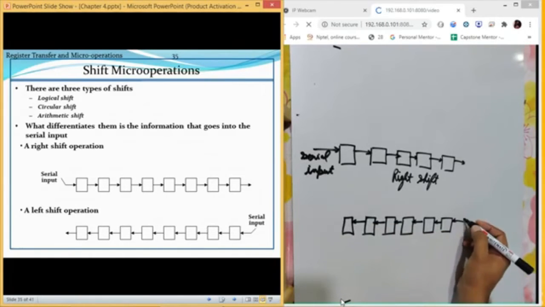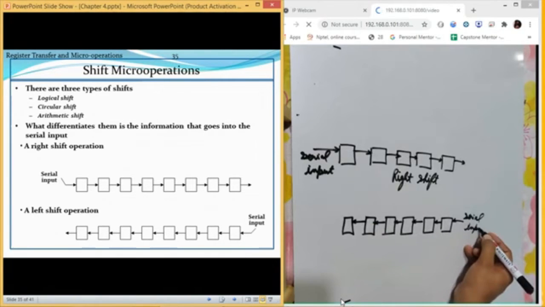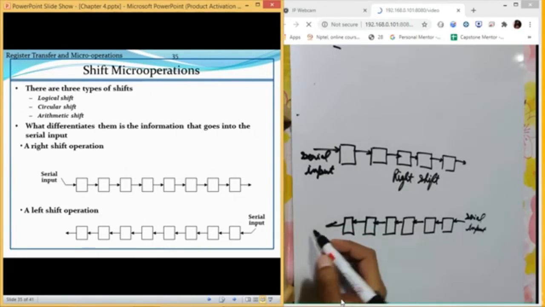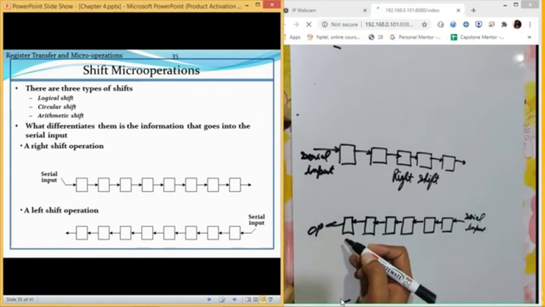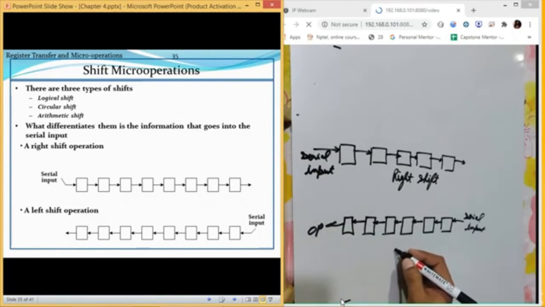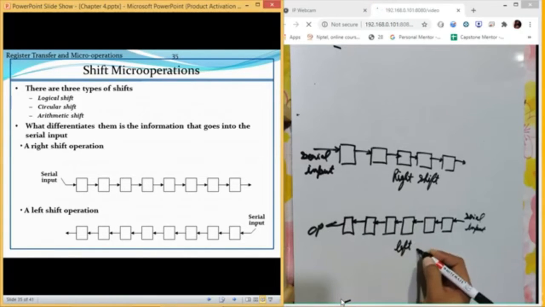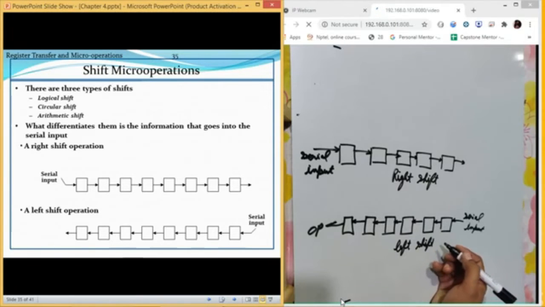So this is a serial input here, and on this side we will have an output. So this is a left shift, or shift left operation, whichever you want to call it.